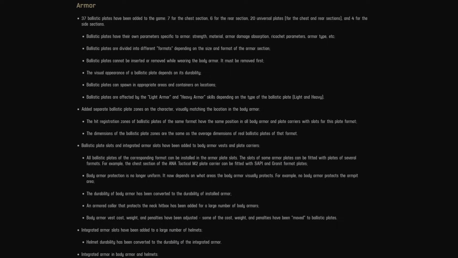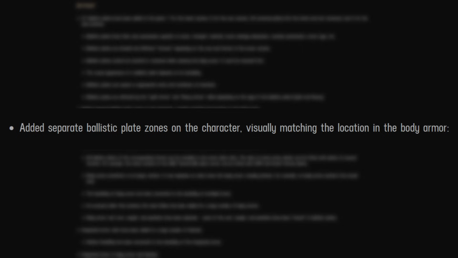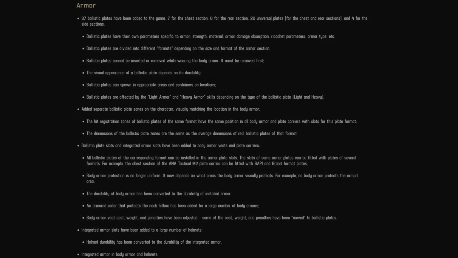Looking over the patch notes and armor, a few things stick out to me, like the addition of 37 ballistic plates, separate ballistic plate zones visually matching the location in the body armor. And body armor protection is no longer uniform and now depends on what areas the body armor visually protects. These three details are going to be our main focus for now, so let me give a brief rundown on